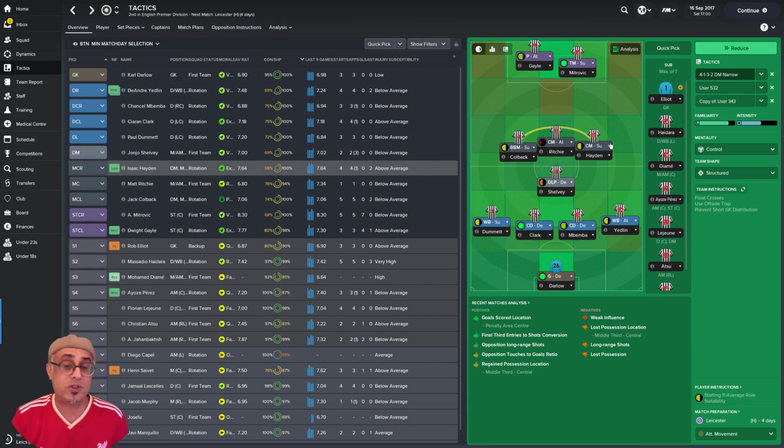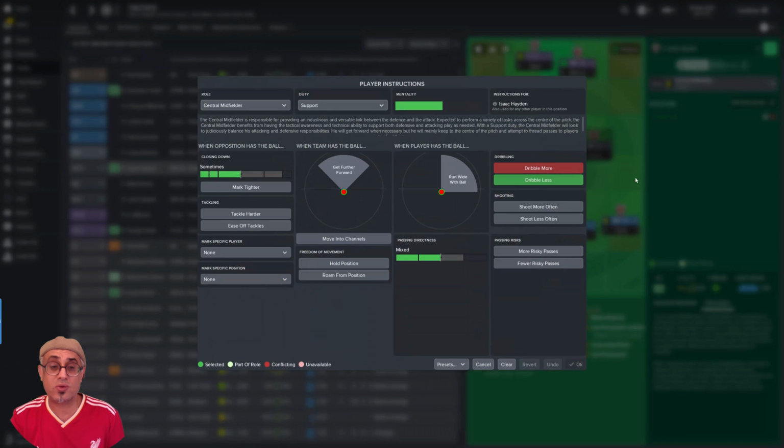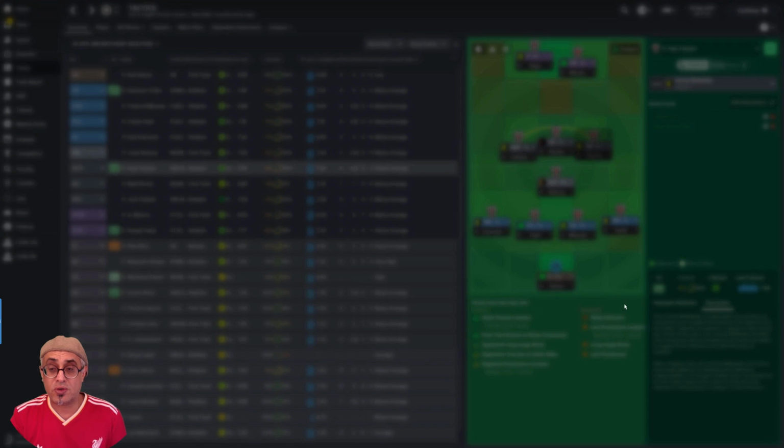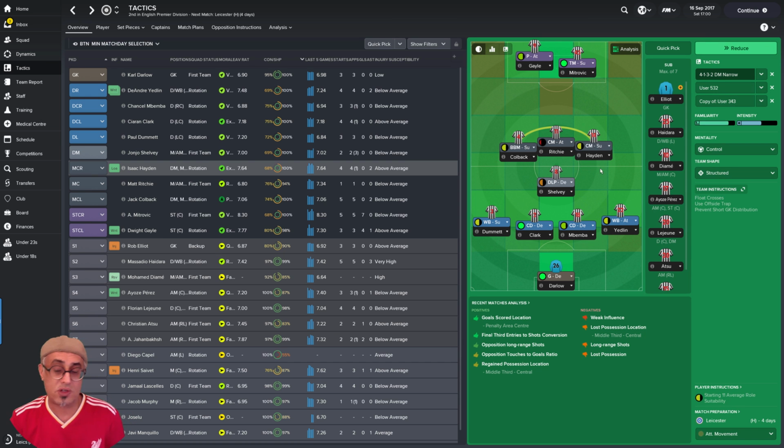We did change this role into a central midfielder on support eventually, because we found that he was closing down a bit too much. They were overlapping. He and Ritchie were getting into each other's way, so we turned him into a central midfielder on support, and it looked like it was a lot better after that. So the boys played pretty well, and I hope that you got some ideas from this version of In the